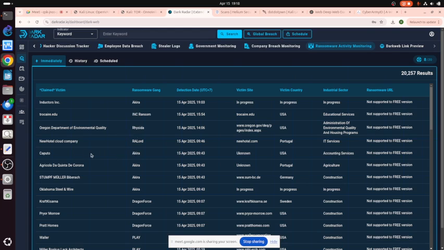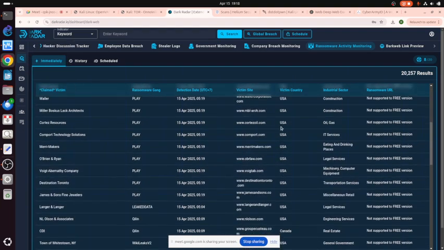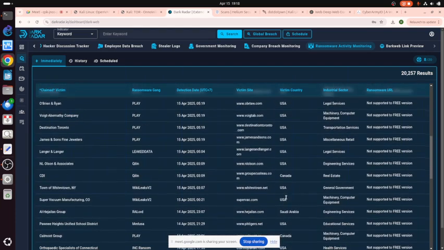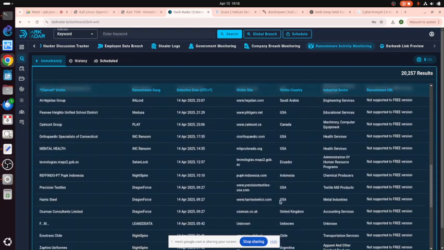New Hotel Cloud Company, Newhotel.com in Portugal. This is in the US, Portugal, Germany. This is Oklahoma, also US, Sweden. The US is in trouble, a lot of problems in the US, Canada, USA, Saudi Arabia, US, Canada, US, Indonesia.